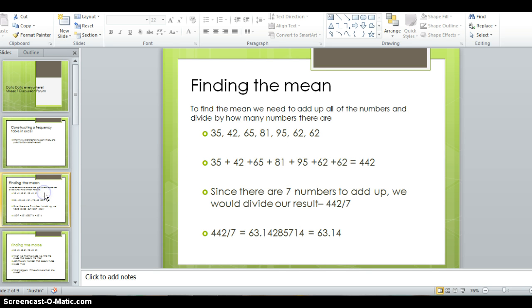Now I want to go over finding the mean, because that's another thing that you'll need to do. To find the mean, we need to add up all the numbers and divide by how many numbers there are. I have provided 7 numbers for you. The first thing you need to do is add up all these numbers. This equals 442. Since there are 7 numbers to add up, we would divide our result, 442, by 7. And it comes out to be